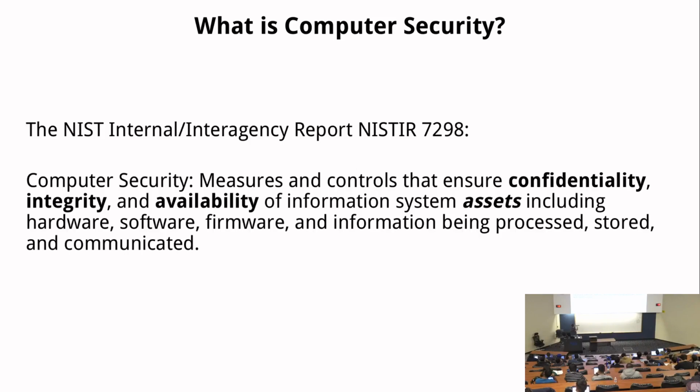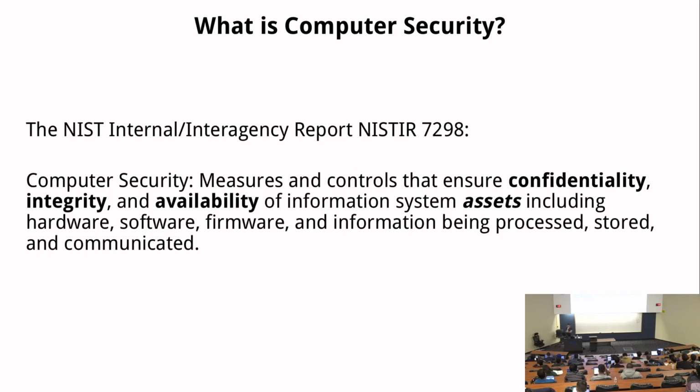So the key here is, first we define 3 security goals. One is confidentiality, another one is integrity, the third one is availability. No matter what layer of security you are working on, what domain of security you're doing, most likely you are working on those 3 problems. No matter if you're doing software security or network security, they all fall into those 3 different goals.